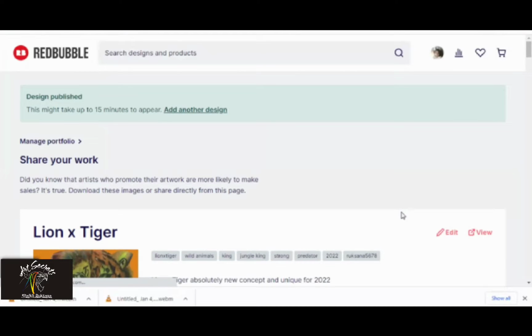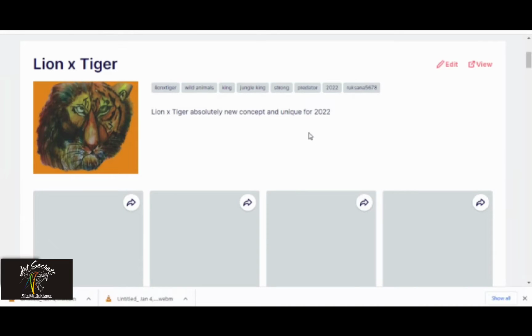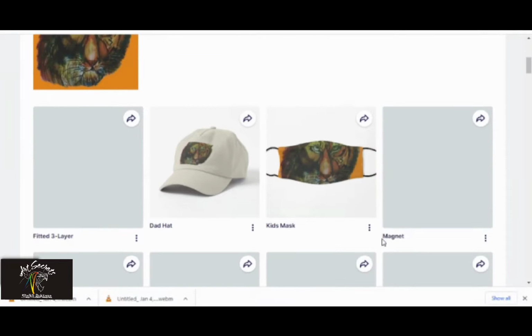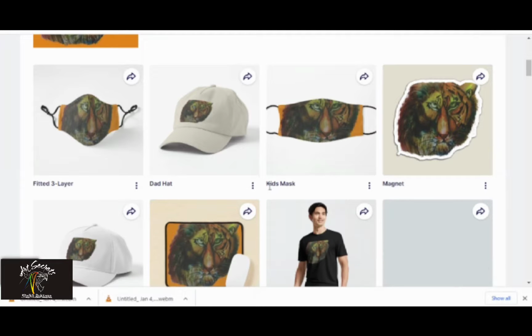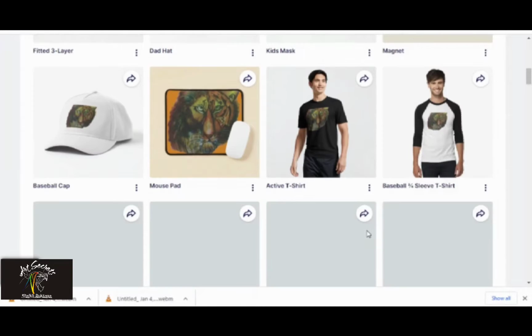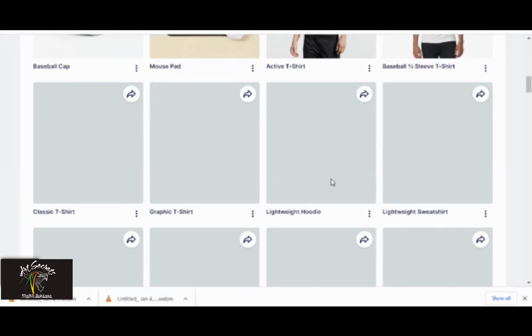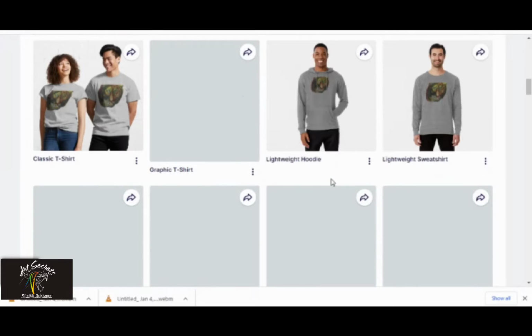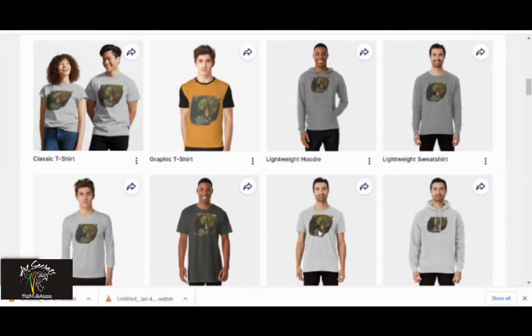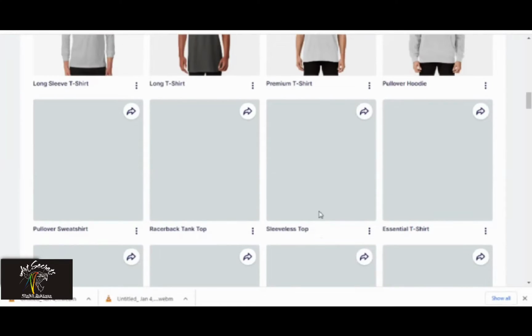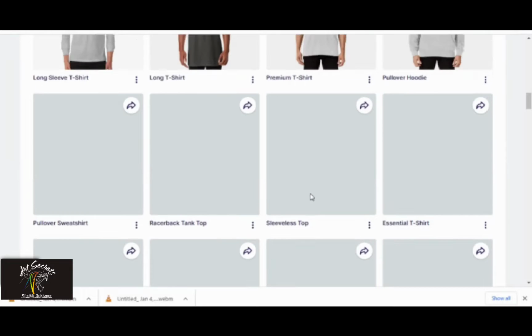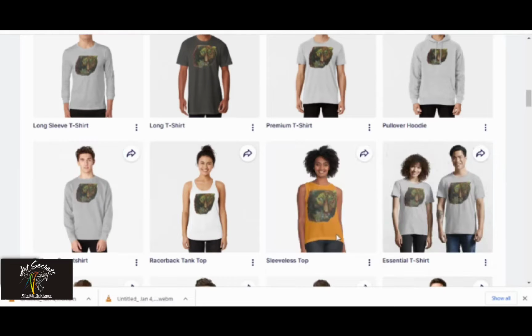Now once you have uploaded all your artwork, you can see your artwork. The models are wearing it over here, and you can see how your artwork will actually be visible. See how nice it is looking on the mask, on the hat, on the boys' t-shirts, the girls' t-shirts, the couple t-shirts, how the colors you have chosen, it has taken those colors only. Sometimes by default the colors are taken by Redbubble itself.